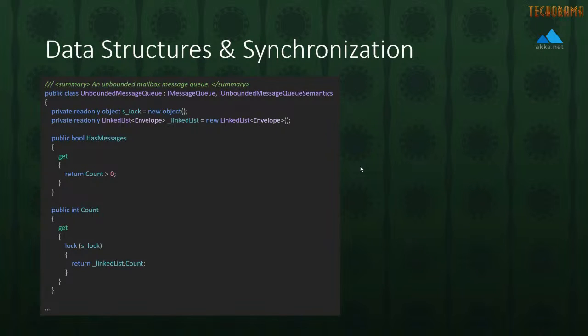So I'm using the generic linked list data type that's built into System.Collections. But you'll notice I have to create a lock, and that's because this data structure is not thread safe by default. The only data structures that are thread safe in .NET are going to be the System.Collections.Concurrent ones, which will be things like concurrent dictionary, concurrent queue, concurrent bag, or it's going to be the System.Collections.Immutable. Those are also technically thread safe, but the way they achieve thread safety is very different.